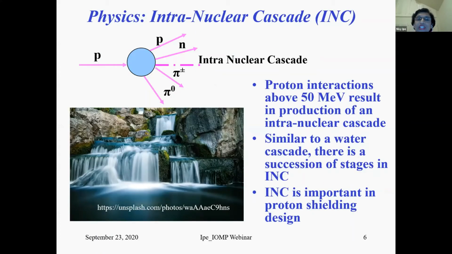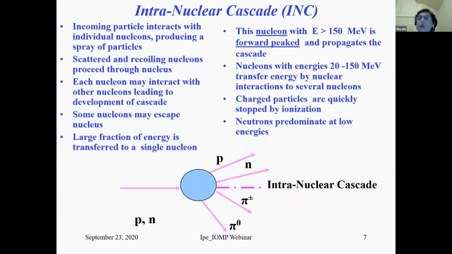So proton interactions above 50 MeV will result in the production of an intranuclear cascade. And similar to a water cascade, there is a succession of stages in the intranuclear cascade. And this cascade is very important in the shielding design for protons. So here's a qualitative description of the intranuclear cascade. An incoming particle, such as a proton or neutron, will interact with individual nucleons in the nucleus, producing a spray of particles. Now, the scattered and recoiling nucleons will proceed through the nucleus, and each nucleon may interact with another nucleon, leading to the